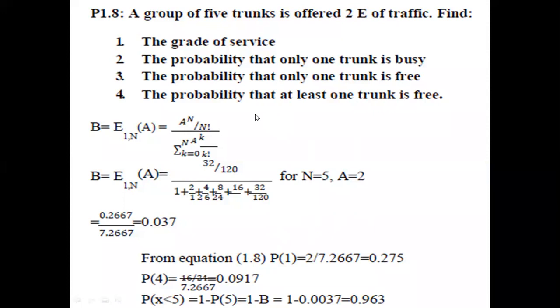This is the alternative question for: what is the remaining probability that at least one call can pass through the system if all 5 trunks are occupied? That's the indirect way of asking for the remaining probability. So if all 5 trunks are occupied, we are going to subtract p of 5, which we already found out to be